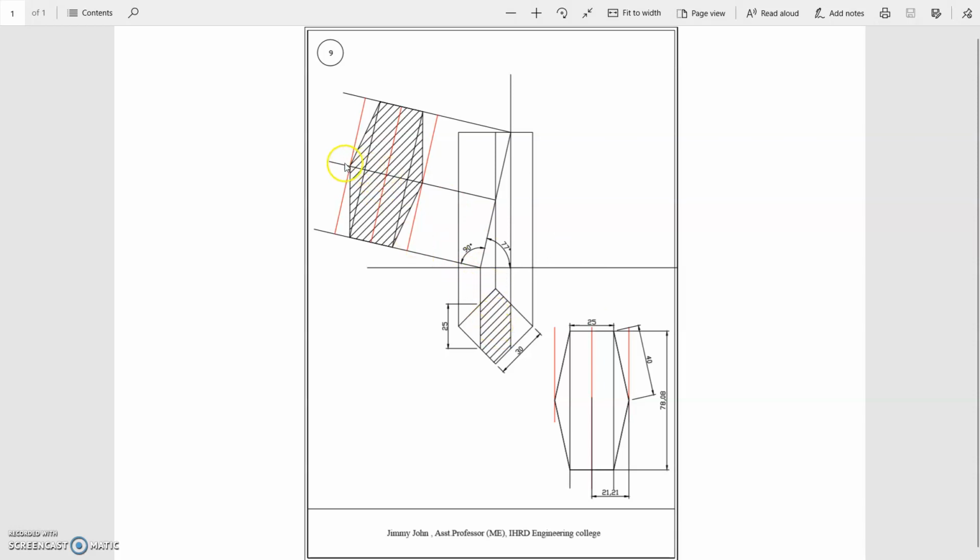And now this distance you can take, that will be marked to this side and this side, so that we can join all those points and get the true shape. So this is the solution of the problem.